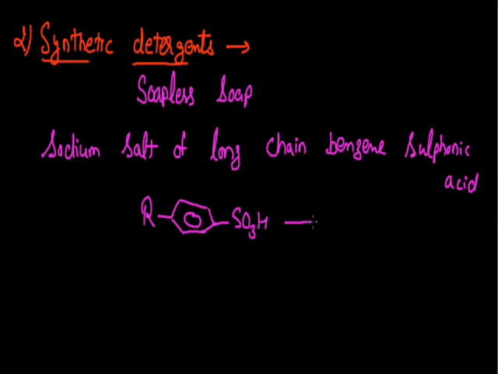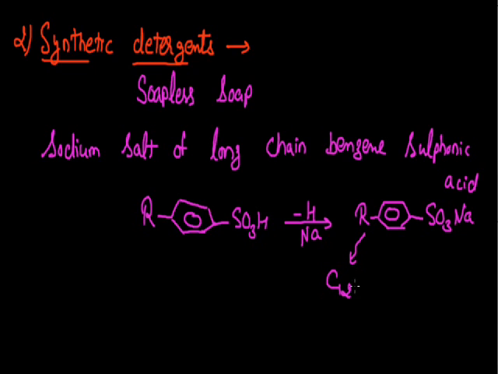this H will be replaced by the sodium cation, and now this molecule will be termed as R with the benzene ring C6H4, since two valencies are free here, and with the group SO3Na. So this can be the general representation for these synthetic detergents. Here if I take the R group as a 12 carbon containing hydrocarbon group with the formula C12H25, since C12H26 is termed as dodecane,